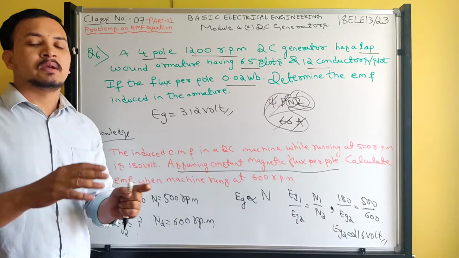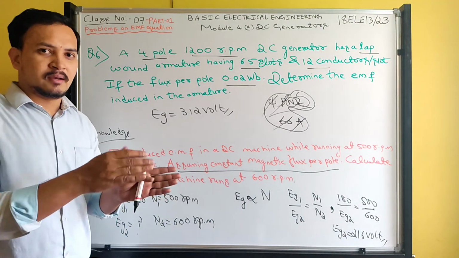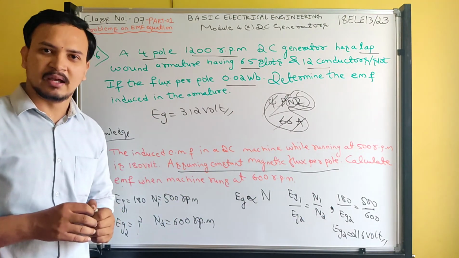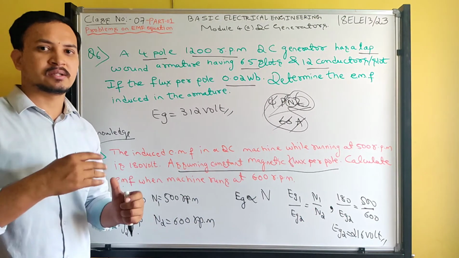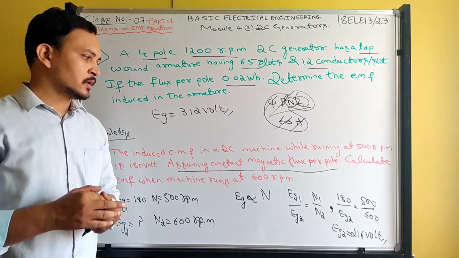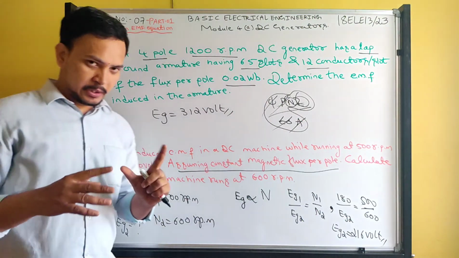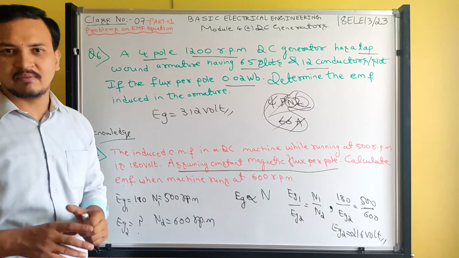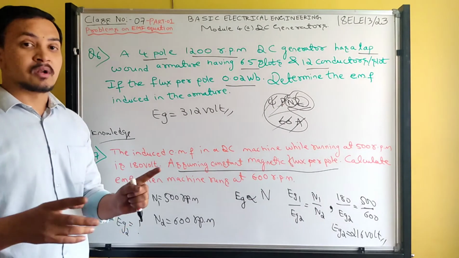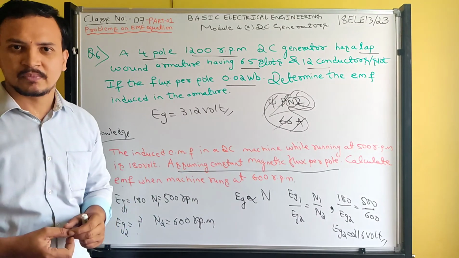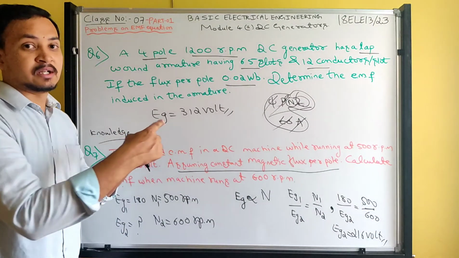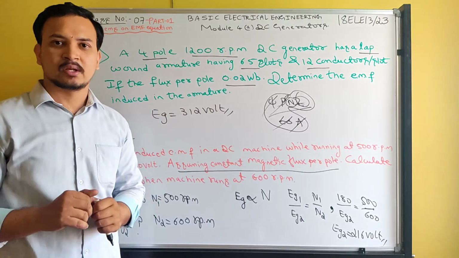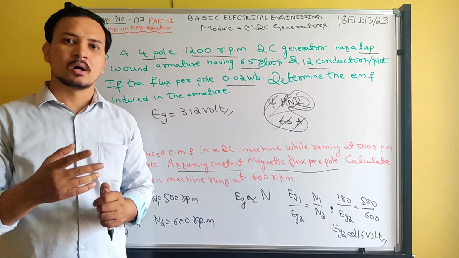Okay. And they will ask questions mixing the EMF equation and type of generator. Like that also questions will be there. So you should practice such types of questions. Okay. So in the VTU exam, VTU paper, sometimes they will ask very easy questions, sometimes very difficult questions. And they will cover more portions by asking questions. Okay. See, EMF equation and types of generator, if they combine both in one question, then both topics are included in the question. So like that also they are able to ask.